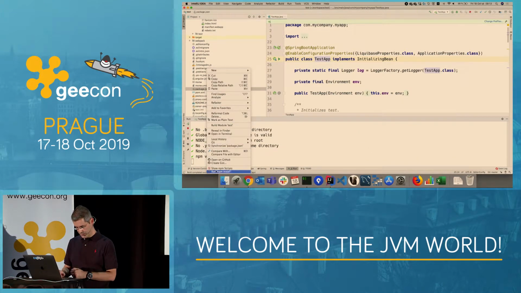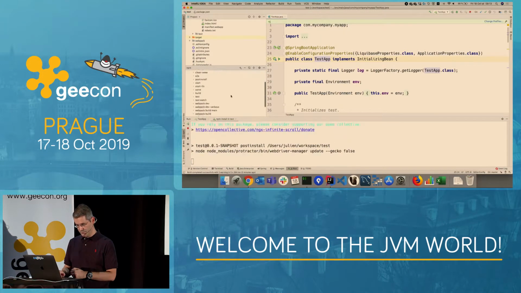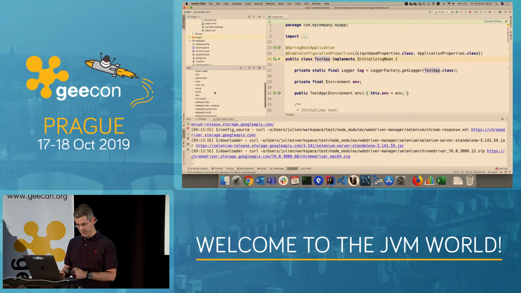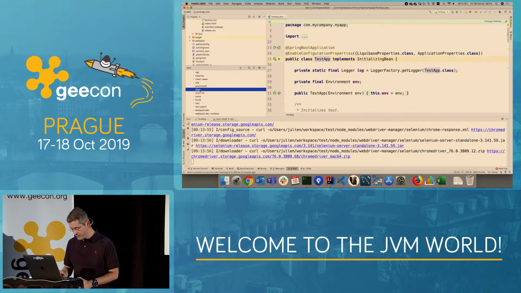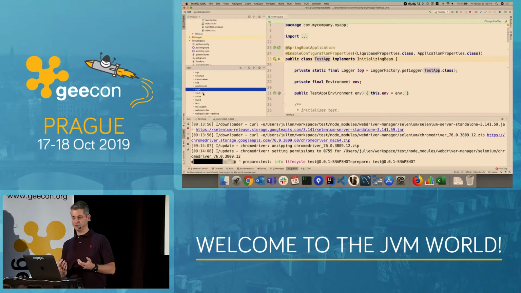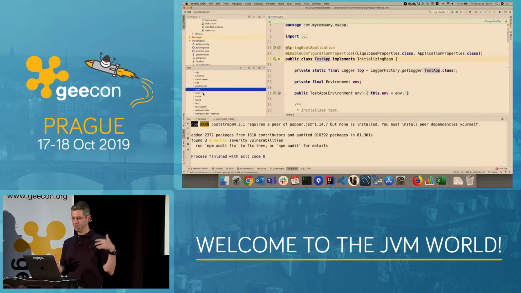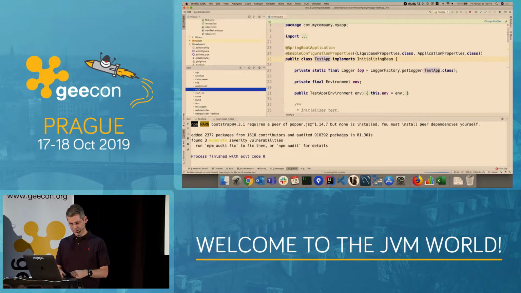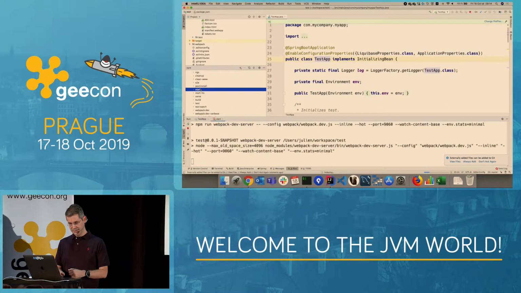Let me show the NPM scripts. We're providing quite a lot of scripts to test, to build, and so on. I'm just going to start my app. Oh, still taking some time. So just a little note while it's downloading. As you can see, we've got start normal and start TLS. We also generate SSL certificates for you, so you can test with SSL if you want to. I will not use it by default because SSL is just going to cause us more issues, but it's quite useful for development. So let's start this.